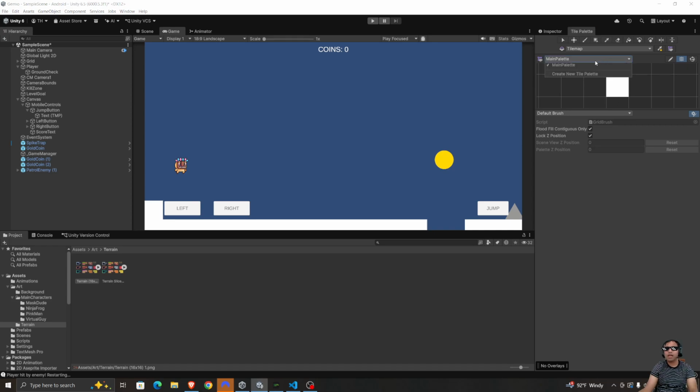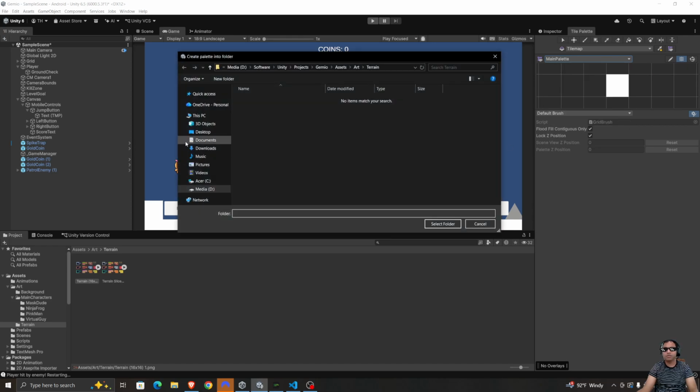Click on main palette, select create new tile palette, and we're going to name this level 1 terrain, and just create. And we're going to save it in our,